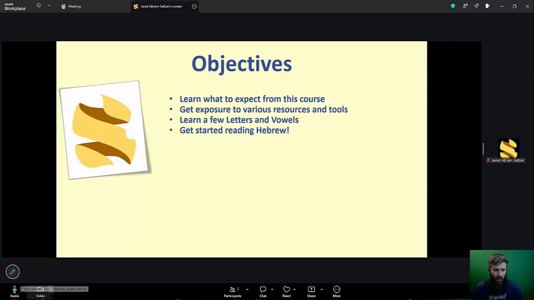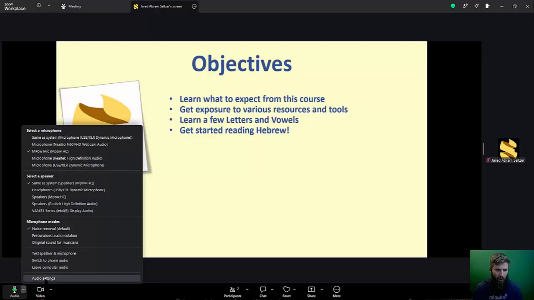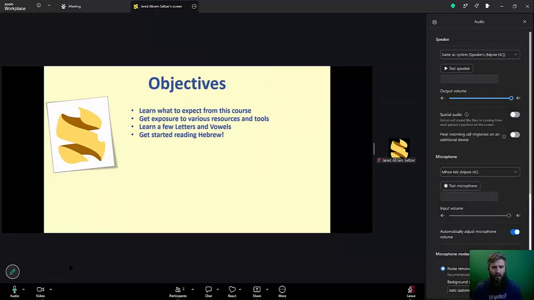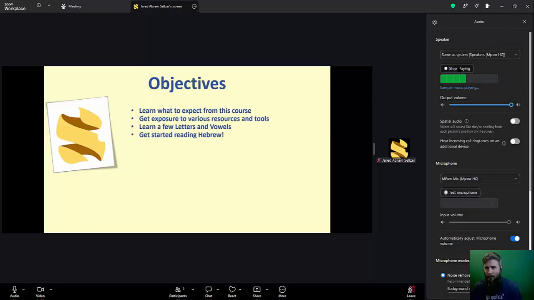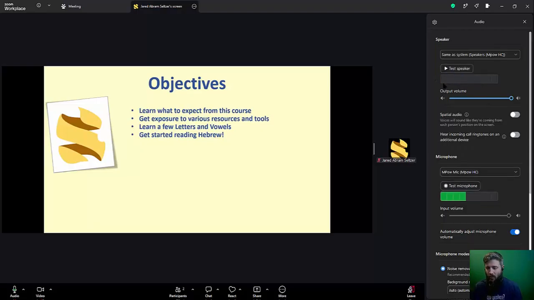Down here on the bottom left are the audio and video icons, and there's a little up arrow right there. You click on the audio settings and it shows you everything that you need to know about the audio. You can test the speaker here, and if you hear it coming through your earbuds or through your headset, then you know that it's working. And then down here you can see the microphone that you're using. You can click the one that you want to use